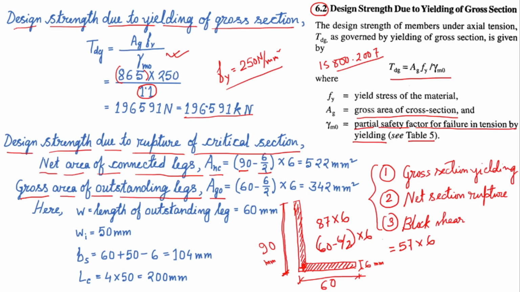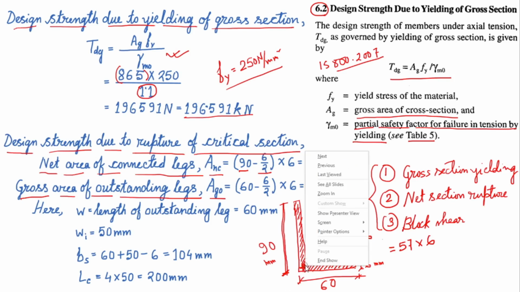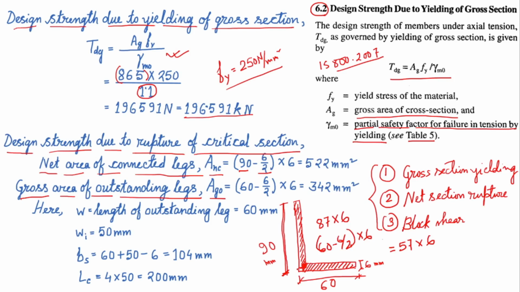So if you see, one portion is overlap portion. This portion is an overlap portion, which is considered in the calculation of the cross sectional area for both the cases, that is for connected leg as well as for the outstanding leg. But why I have taken this portion common? Because the bottom portion I have not taken in any cases. So this bottom portion is not considered.